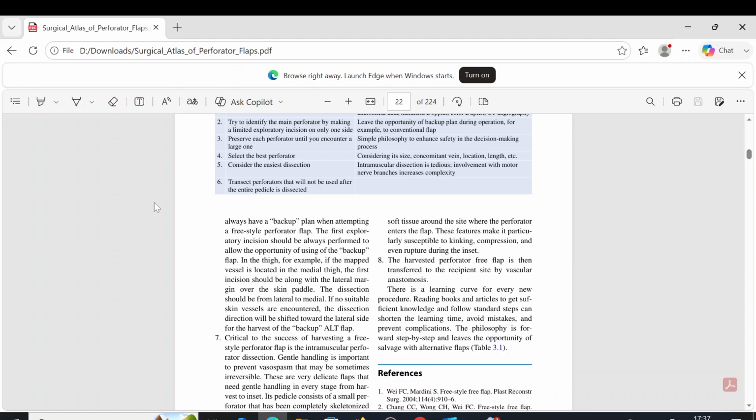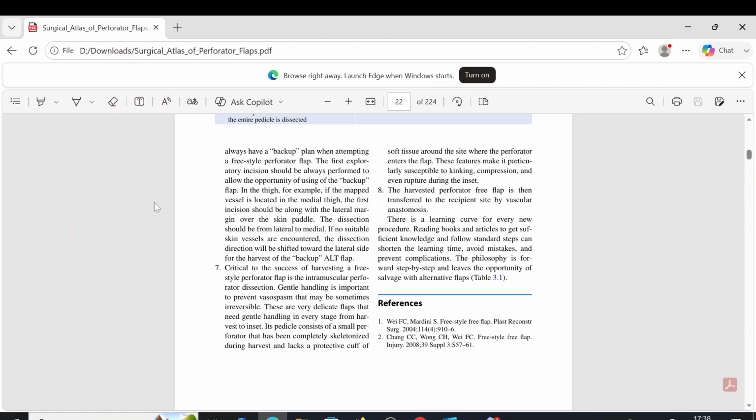In the thigh, for example, if the mapped vessel is located in the medial thigh, the first incision should be along the lateral margin of the skin paddle. The dissection should be from lateral to medial. If no suitable skin vessels are encountered, the direction will be shifted toward the lateral side for the harvest of the backup ILT flap.